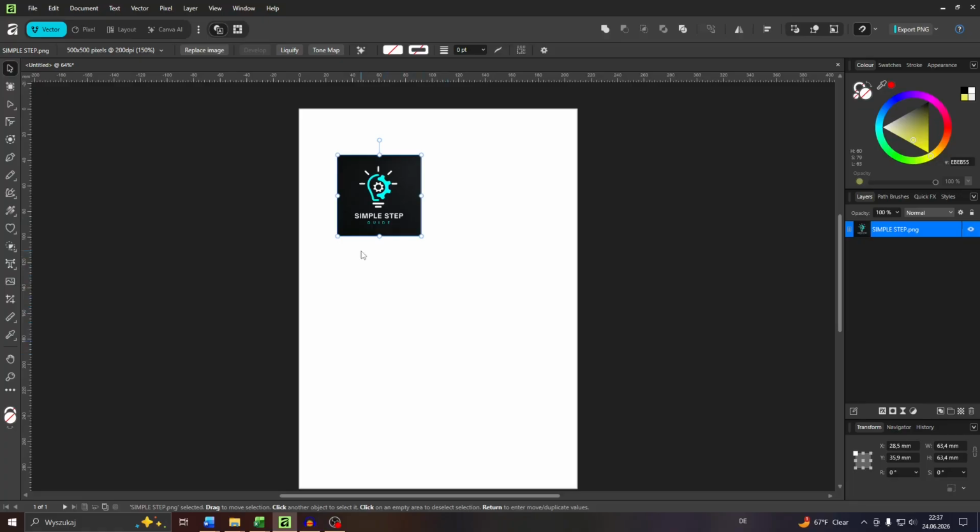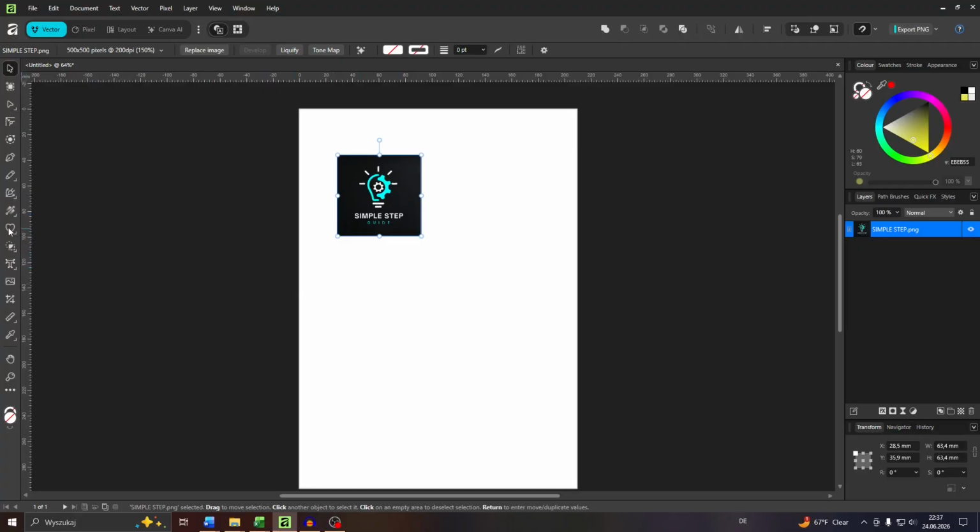Alright guys, so what you want to do is navigate to your canvas on Affinity Designer, and of course if you like you can use the pen tool or pencil tool for that. However guys, there is also the option to insert a heart icon as a shape and to customize its appearance